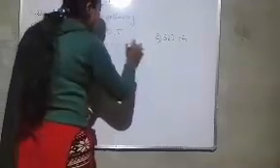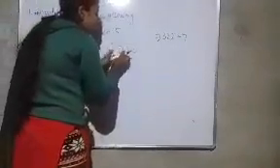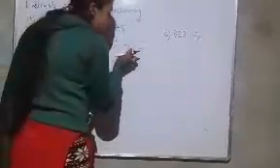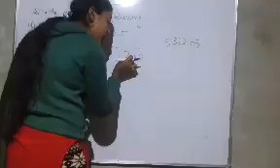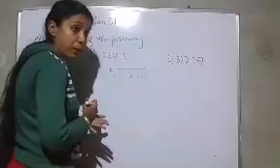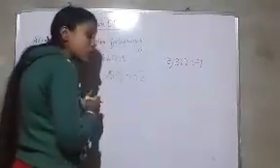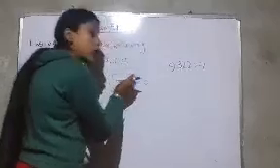Okay. Now let's do this one. 220 divided by 5. So here you see, 2 is smaller than 5. I have told you earlier, if this number is smaller than this, we can't do it with a single number. We can't get 2 in the 5 table. Can we get? No. So what we will do? We will take 2 numbers together. So we will take 22.